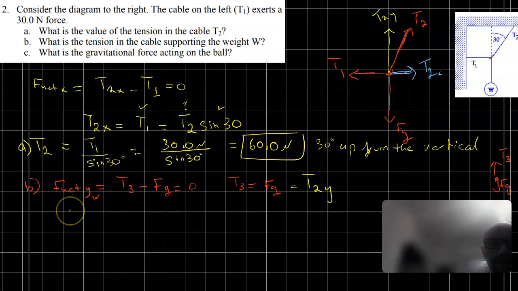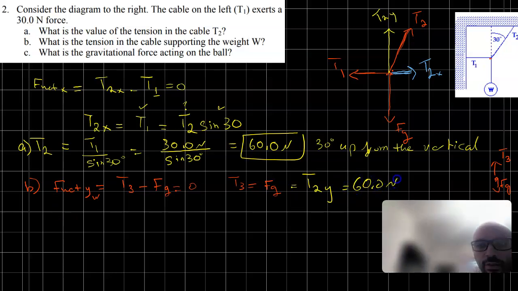T2y is 60 newtons times cosine 30 degrees, and that will be 51.96, or 52.0